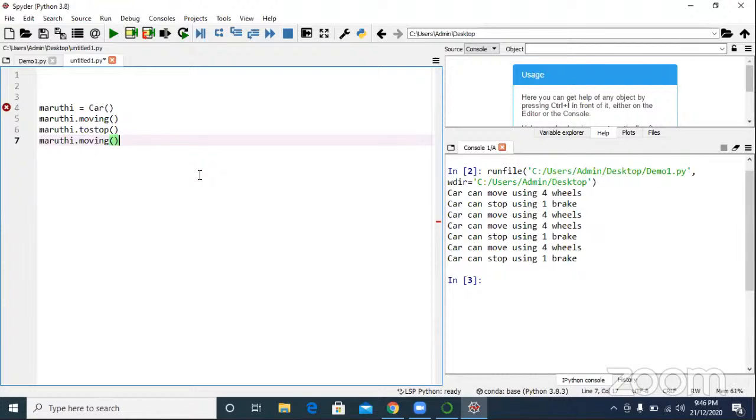Who is car? I don't know. So how can you know? I can now import demo1 dot car. Are you getting now?